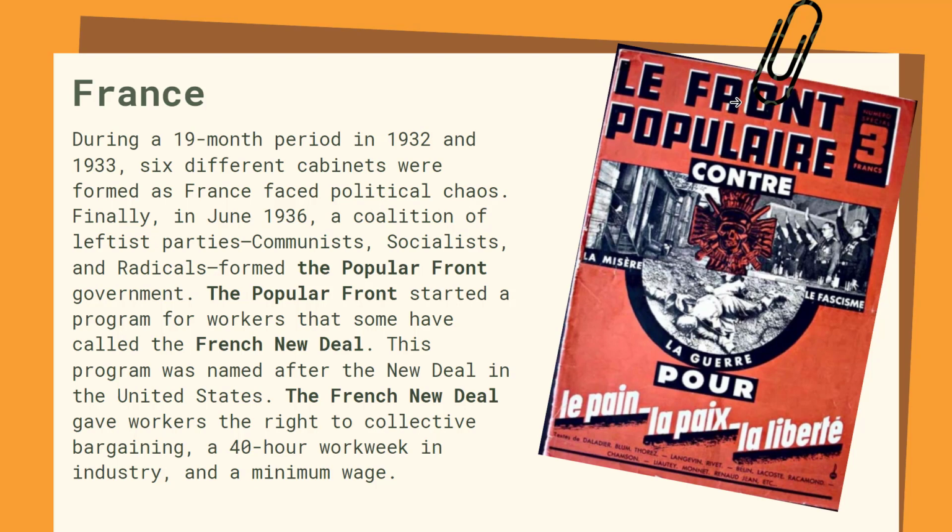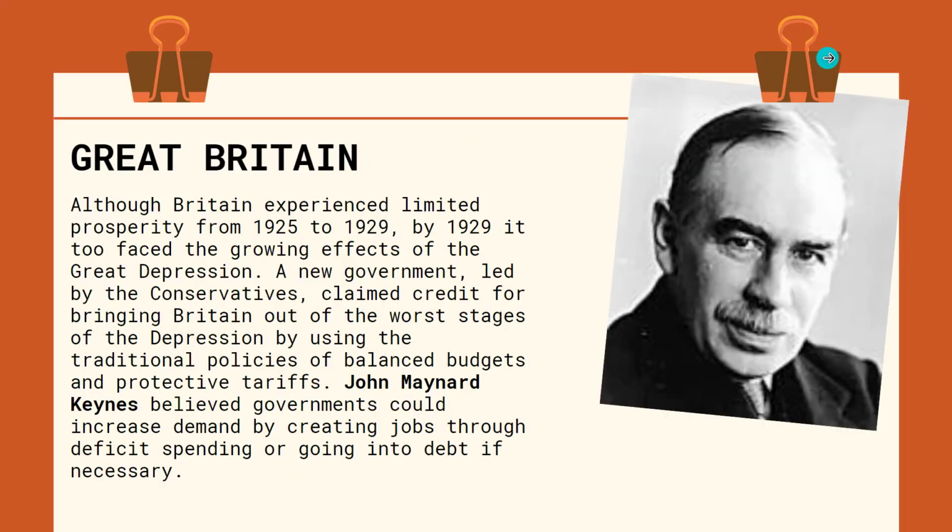A 40-hour work week in industry, instead of working 24/7 or working 6 days a week, long hours in the factories and so forth. Now they have a 40-hour work week, right? And they were also able to earn a certain wage. So they established a minimum wage, okay? Now in Great Britain,